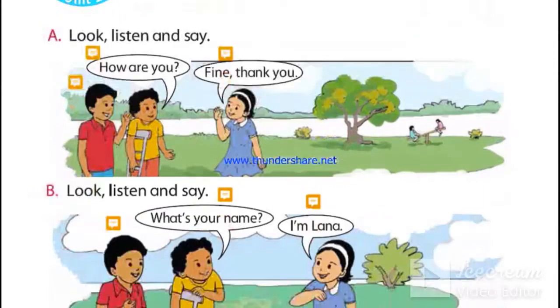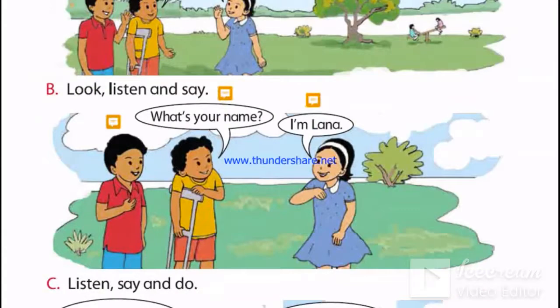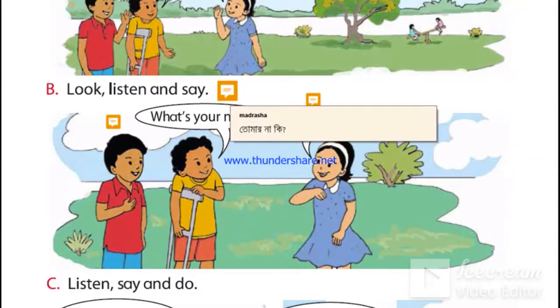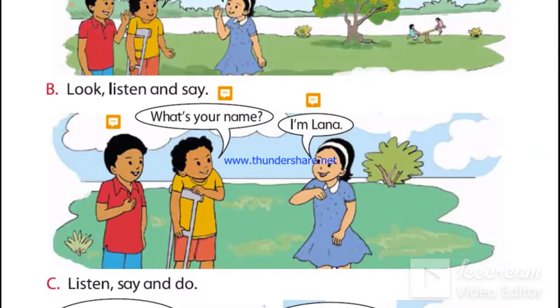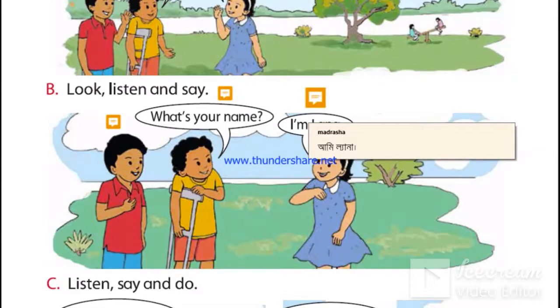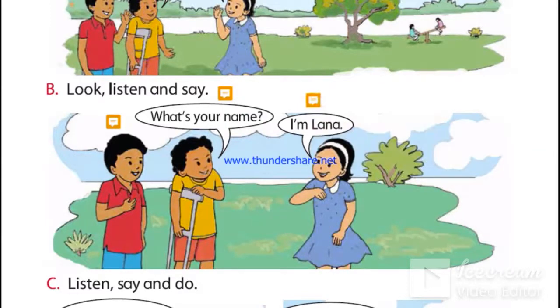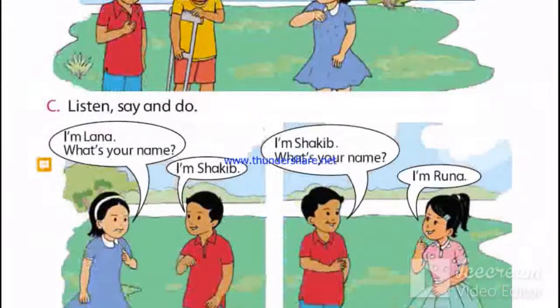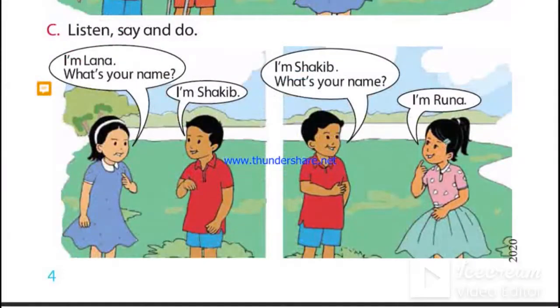Number B, look, listen and say. দেখো, শোনো এবং বলো. What's your name? I am Lena. What's your name? তোমার নাম কি? I am Lena. আমি Lena. Very simple and nice. And lesson 3, number C,